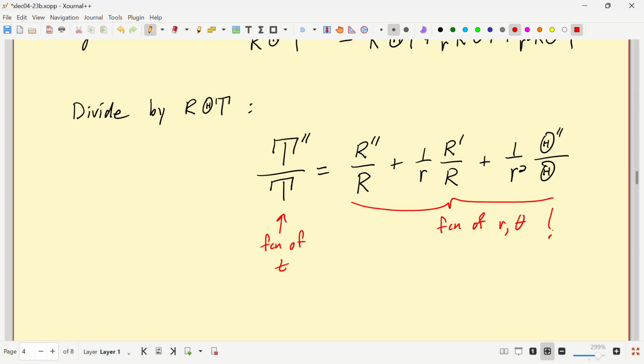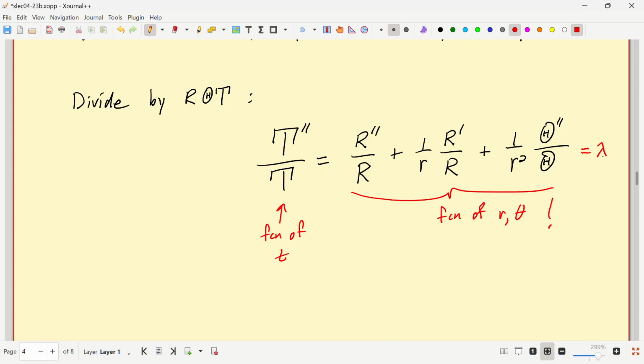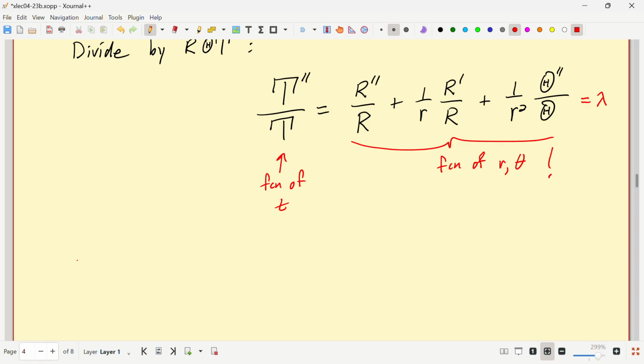Well, now if I think about, okay, let's take t to be a half. Then that left-hand side would be a constant. And so the right-hand side would always have to be that constant if I stick in t equal half. So sure enough, we come to the conclusion that this has got to be a constant, lambda. And now that I know that the right-hand side is constant, now I let t move again.